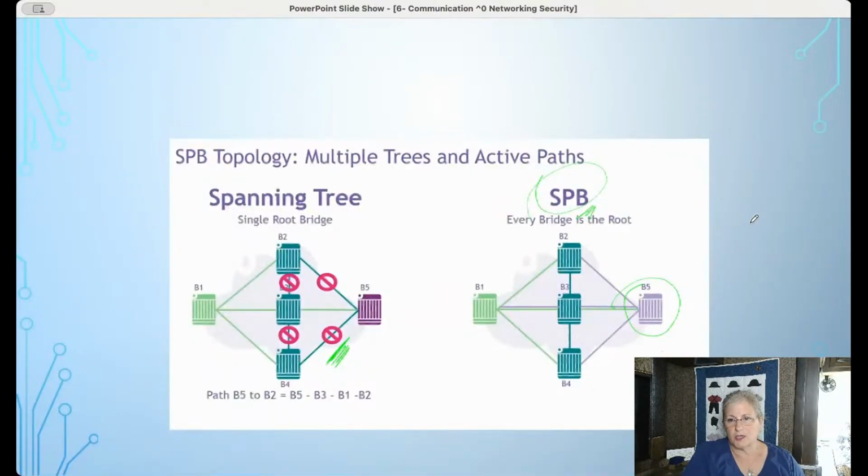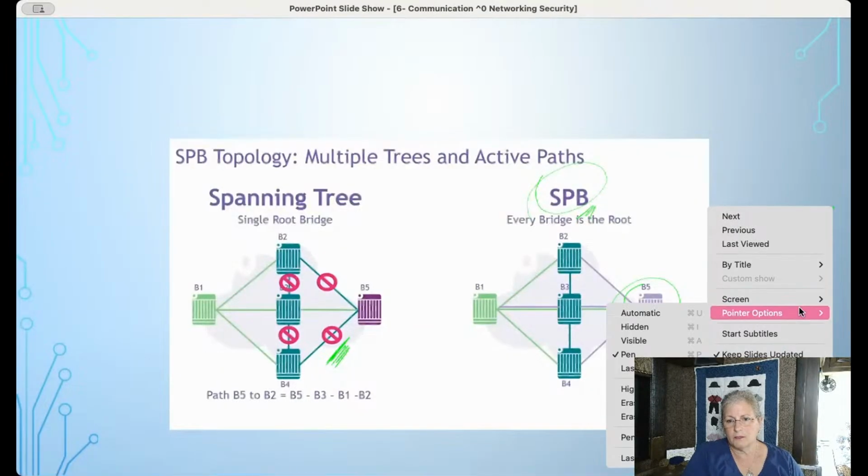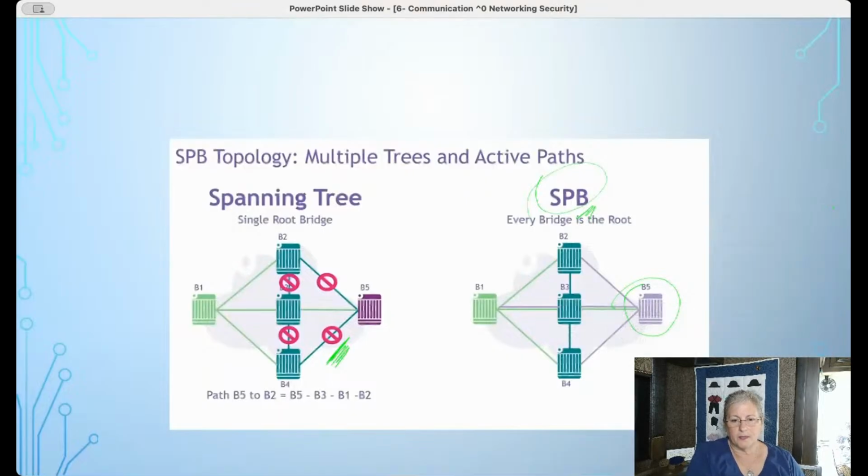Let me change colors here. So this is definitely beyond what you need for the test, but if you do networking, trying to make sense out of what is hypersegmentation, I think it really helps to have a little more knowledge in there. So unless I create my own slide for this, I'm not going to put it into the course itself.